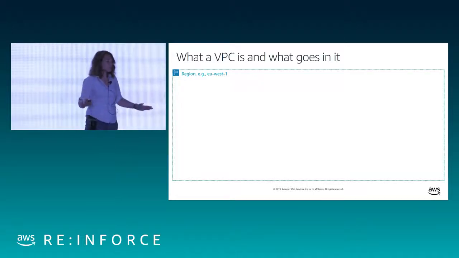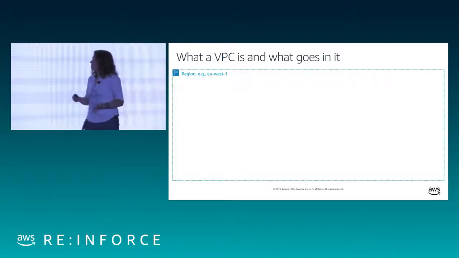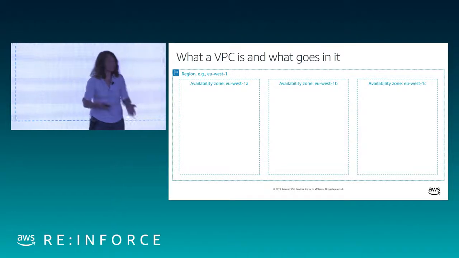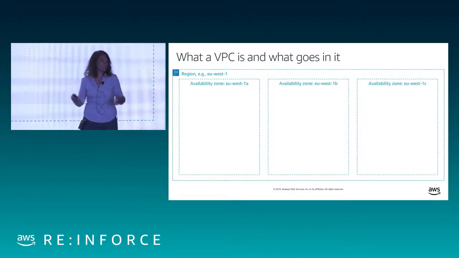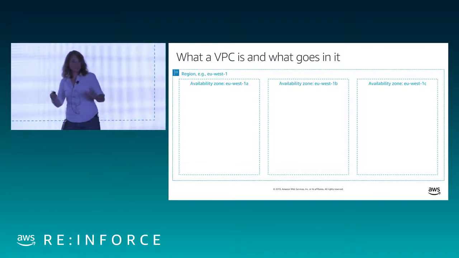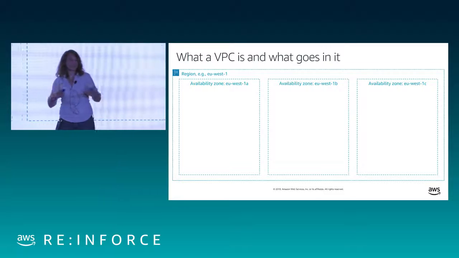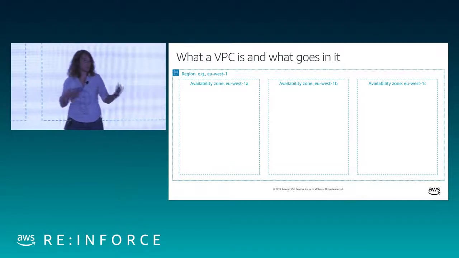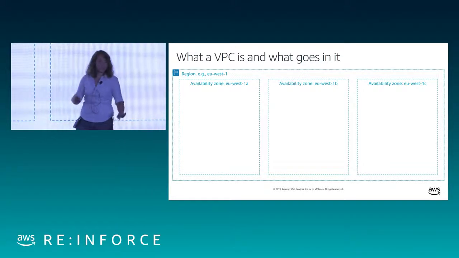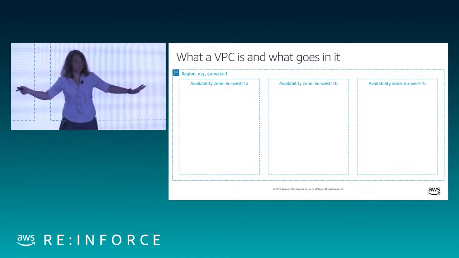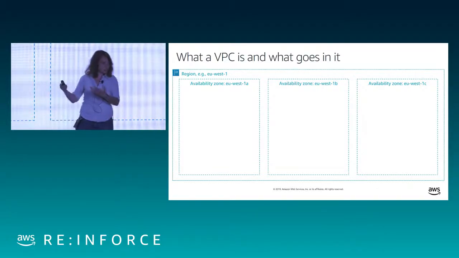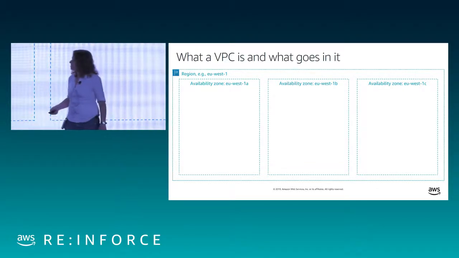So we have these regions, they're isolated from one another, and within each region, we have further levels of isolation called availability zones. You may have heard us talk about that. It's basically us showing you our fault domains within our region: separate data centers, separate power, separate networking, etc. We show you this so that you can spread your eggs across multiple baskets as you deploy into our network. So you can use this information to build for high availability.